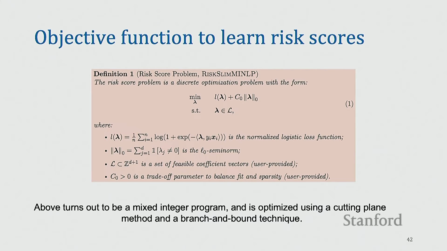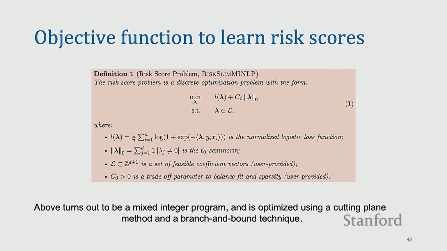And then of course there could be a bunch of other constraints on how you will pick these conditions that you see in the risk score checklist, and also the scores that you assign to them. For example, there might be a condition that you don't assign continuous valued scores. The scores that you assign should be integers because those are more interpretable, right? So you can think of them as 1 point, 2 points, but not as 1.73 or something, right? So there could be a bunch of such constraints both on what features you're picking and also what scores you're assigning to them, that is encoded by the condition there, right?